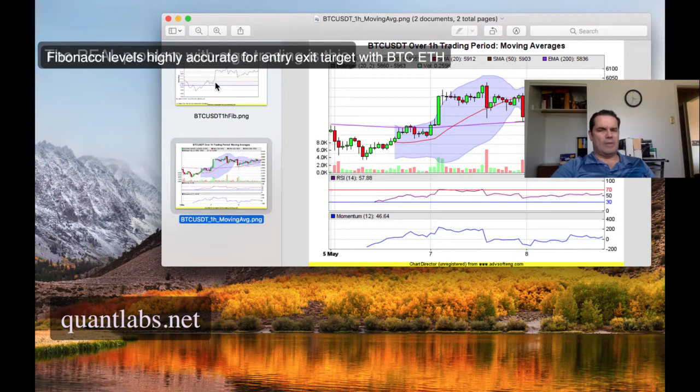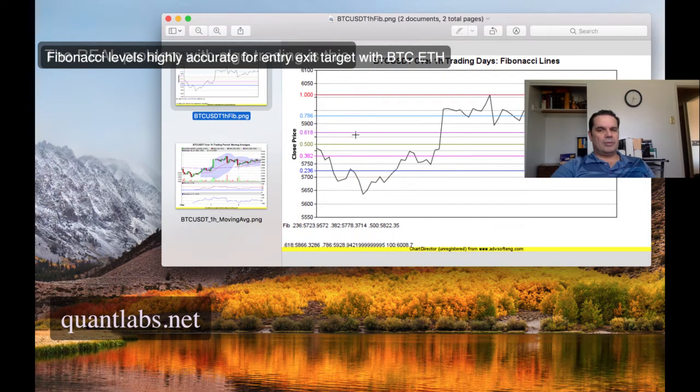7 day, 3 day, 1 day, daily only, hourly? It's a whole combination. It depends upon how this plays out. But it really comes down to, again, the Fibonacci level. So this is now 3 days. So our price is approximately